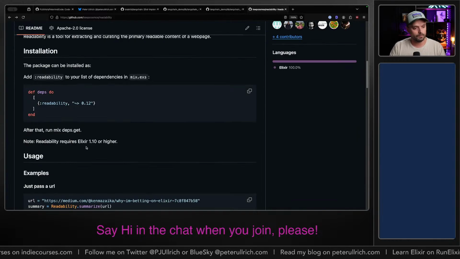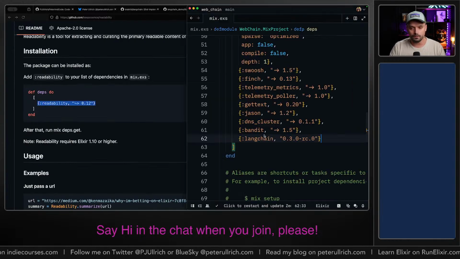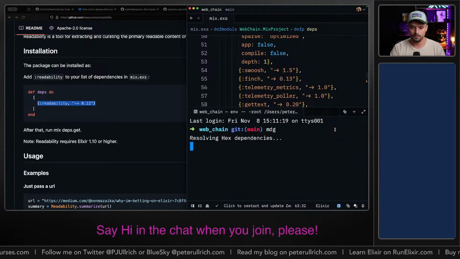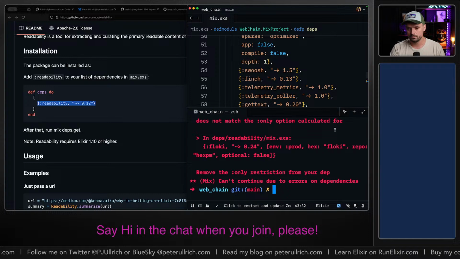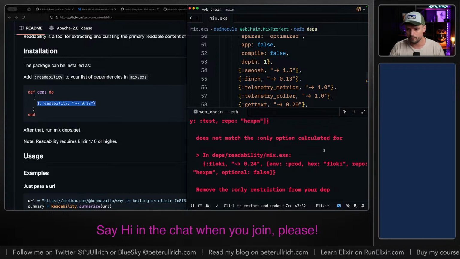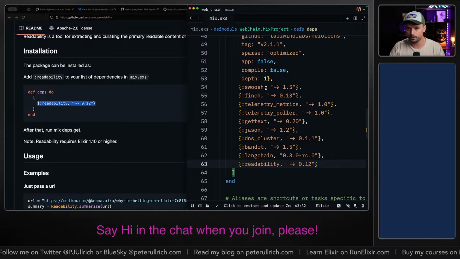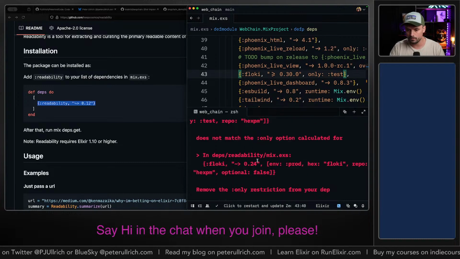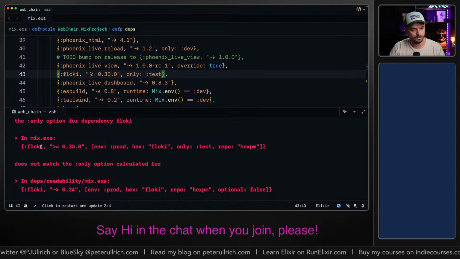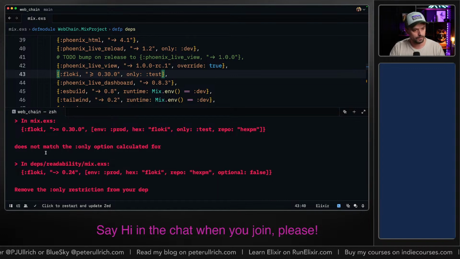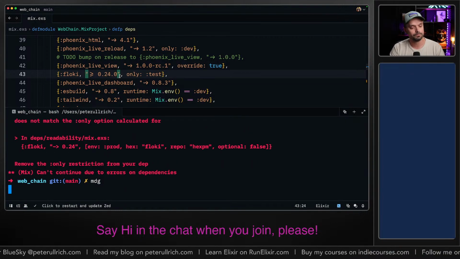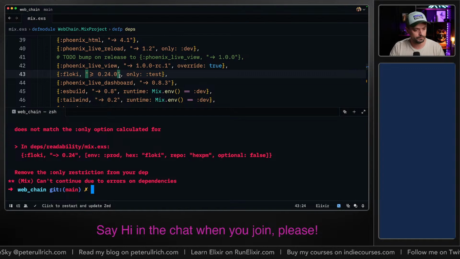All right, so we wanted to use readability as well for fetching. Floki. Where's Floki? Here. This is Floki, but it does not match the readability Floki version. So let's do this one. Nope.